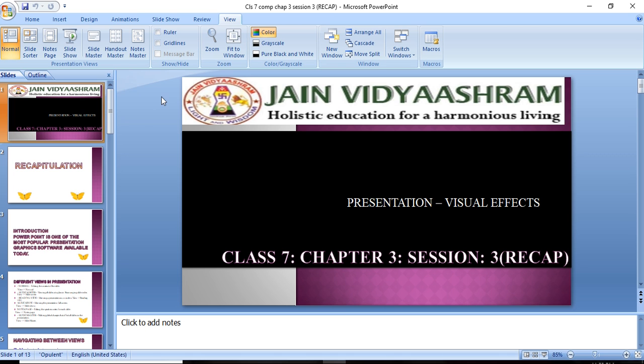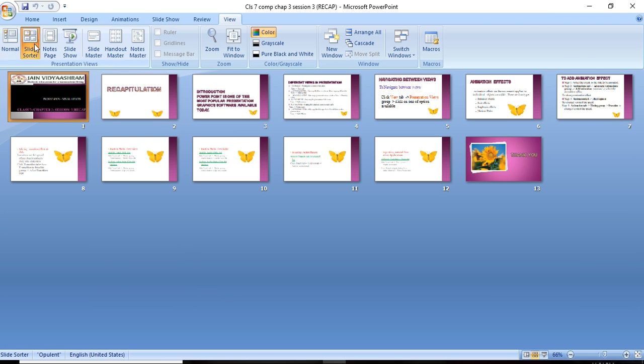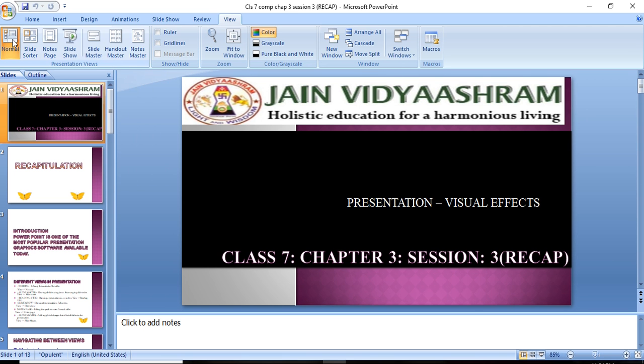To navigate between the views, you click on the View tab and select the view options. The first option is Normal View. That normal view is the default view. Whenever you start PowerPoint, you will get this normal view.